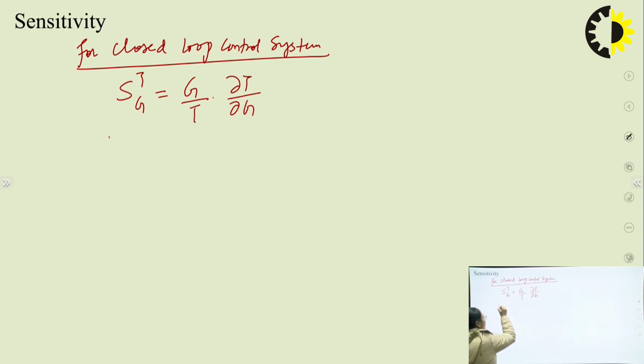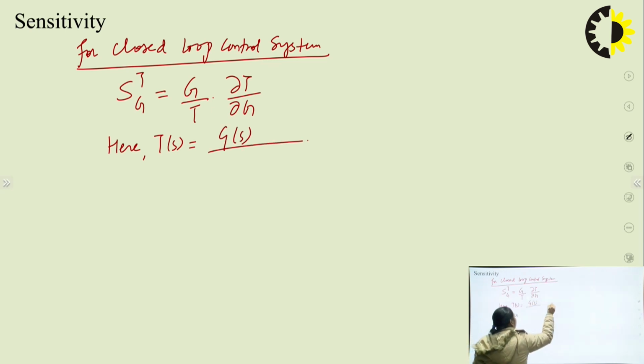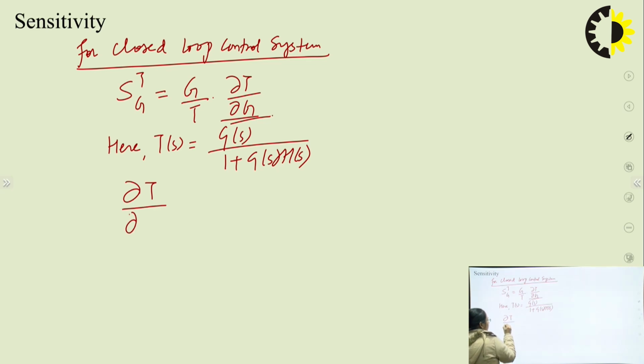Here the value of the transfer function for closed loop control system is G(s) upon 1 plus G(s)H(s), right? So first of all I have to find out this term, delta T by delta G. So I have to differentiate this term. So this term will be 1